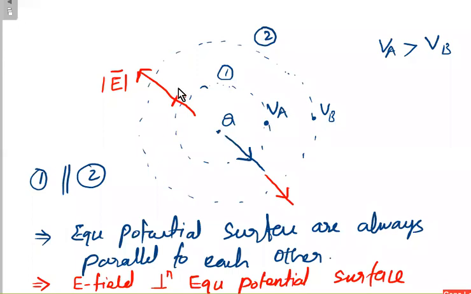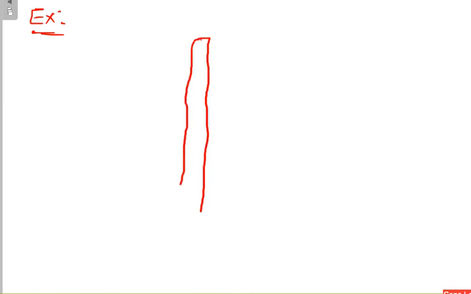Then they may ask a question like this. In the exam, I have an infinite line. What is the equipotential surface of this line? Can anybody tell me what the equipotential surface is if I have an infinite line going from minus infinity to plus infinity and having charge density rho L? What will be my equipotential surface?